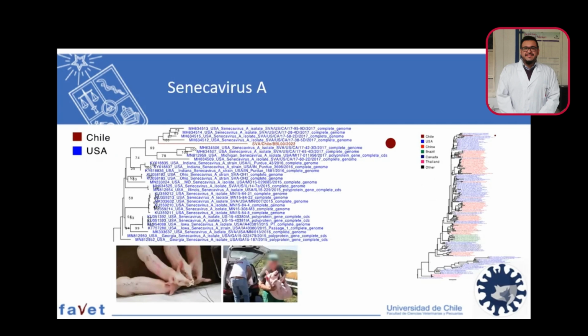Here's the image, a phylogenetic tree with all the sequences available at our level. This small dot in Chile, the Chilean isolate, is directly and genetically related to strains obtained in the United States during this last period of time. Let me mention that this last virus introduction happened less than 2 weeks before, where probably flies play